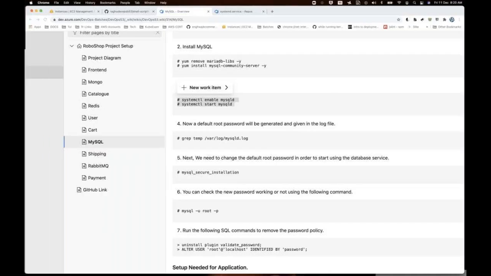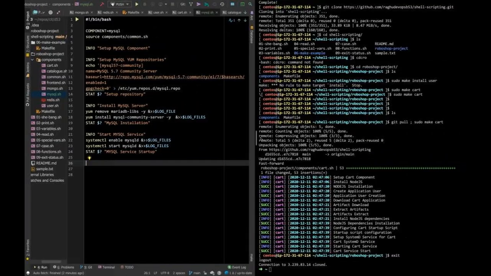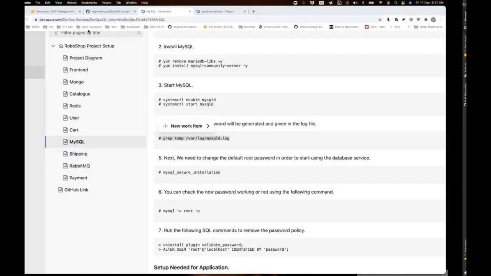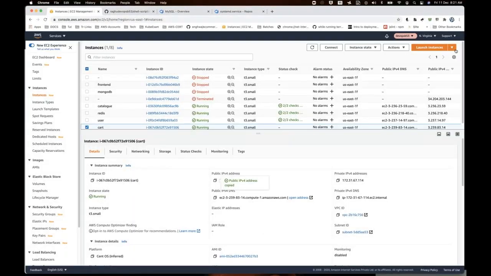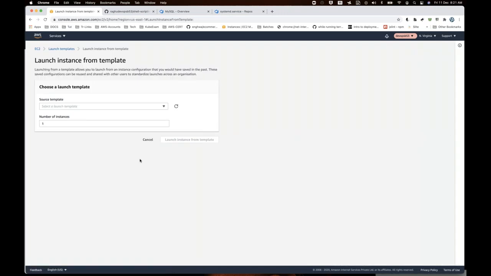Okay. So, and what is the next one? So now grab the default password. Okay. So you'll find out the default password over here, and we need to grab that particular password. So how do you grab that particular password? Let's take a look here. And so first of all, I need a machine to run this much so far. I'll go here and launch instance, and I'll go with